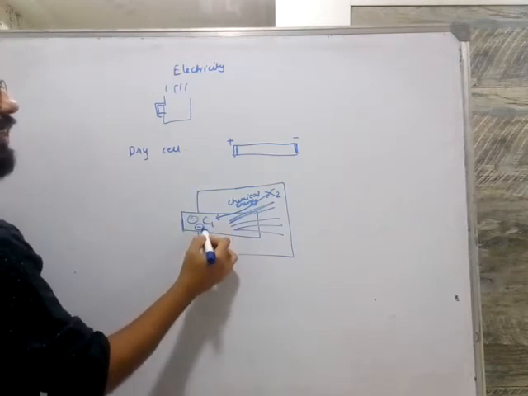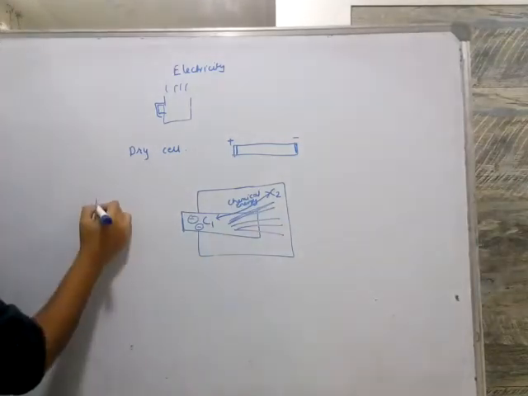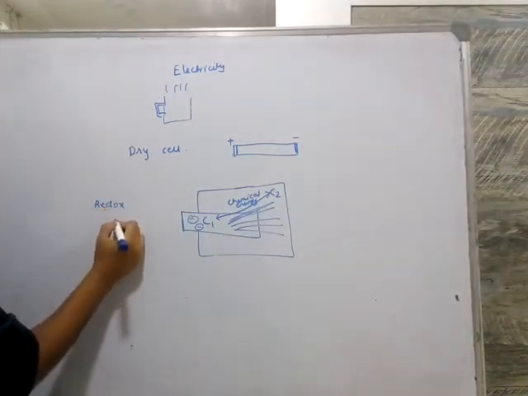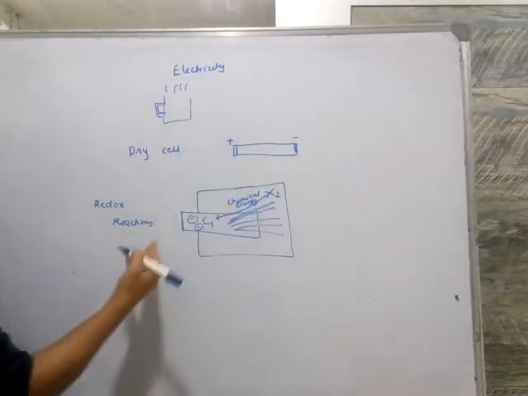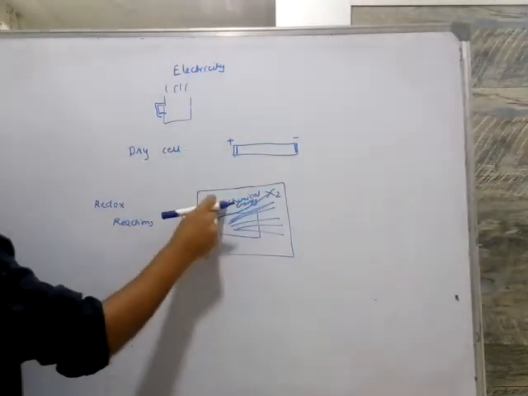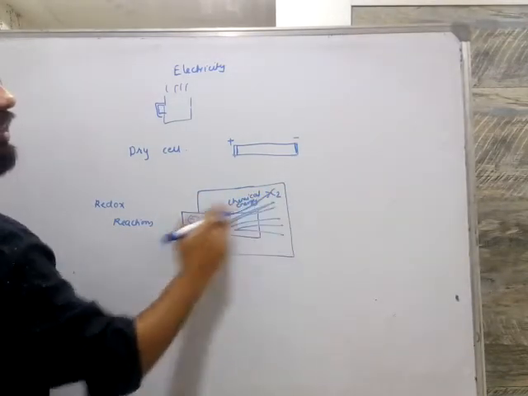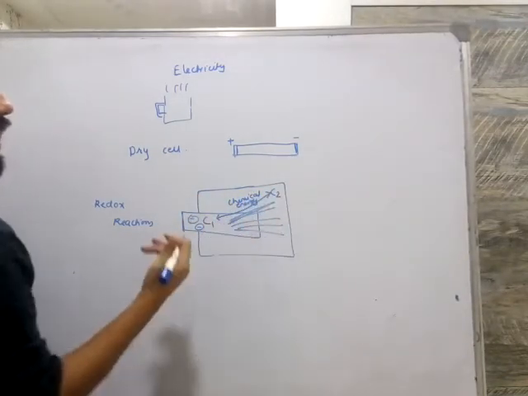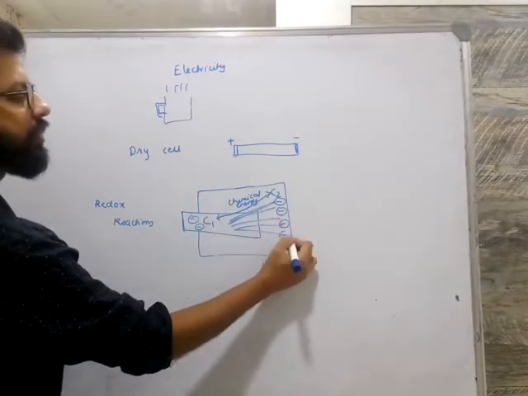So these electrons will start moving to this side, and that reaction is called a redox reaction. Redox reaction is nothing but exchange of electrons. So due to this chemical energy or this reaction, the electrons start moving to the C2 side, this side. As we can see, there are more electrons here now.